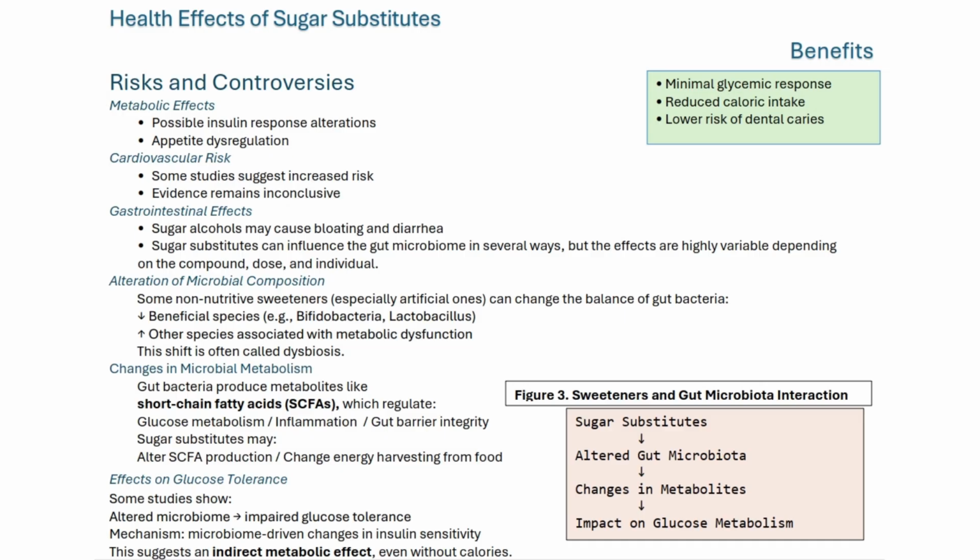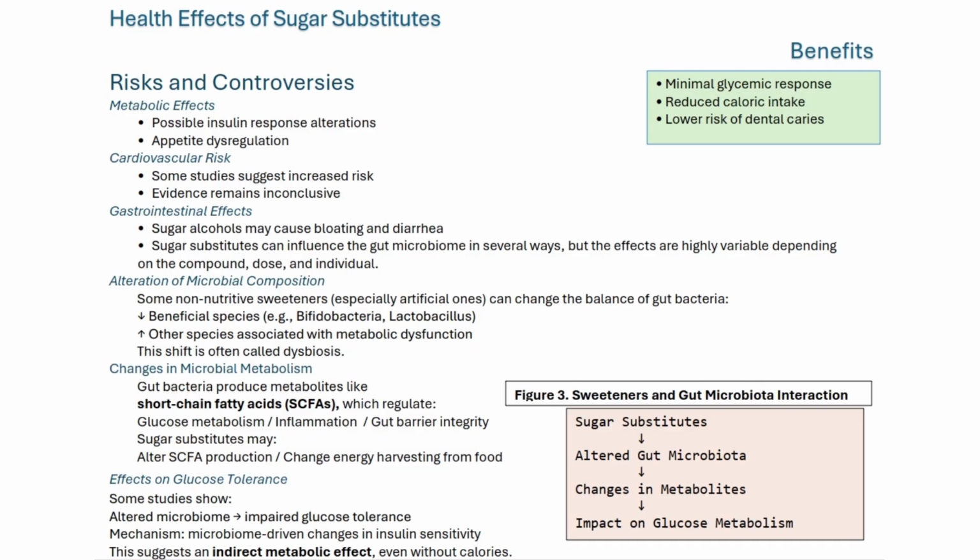Furthermore, some studies suggest that changes in the microbiome due to sugar substitutes may impair glucose tolerance through microbiome-driven alterations in insulin sensitivity. This indicates that sugar substitutes could exert indirect metabolic effects, even in the absence of caloric intake. Overall, the interaction between sugar substitutes and gut microbiota highlights the need for further research to fully understand their implications